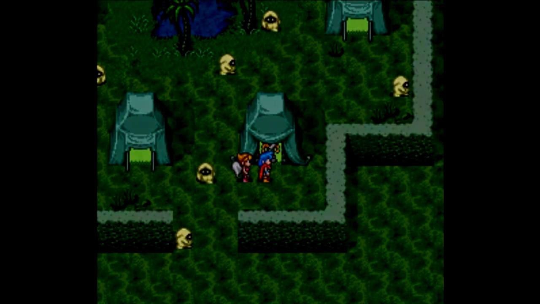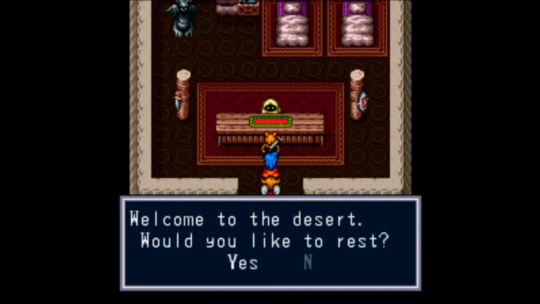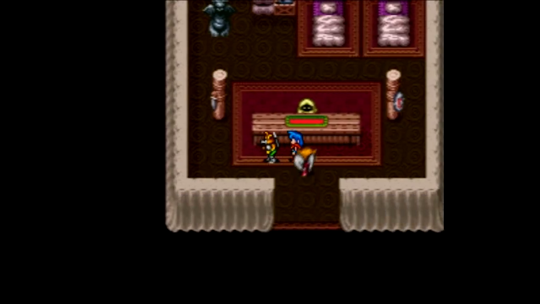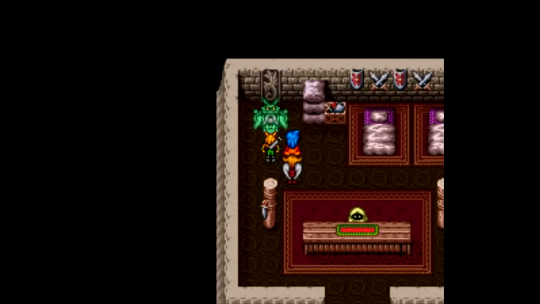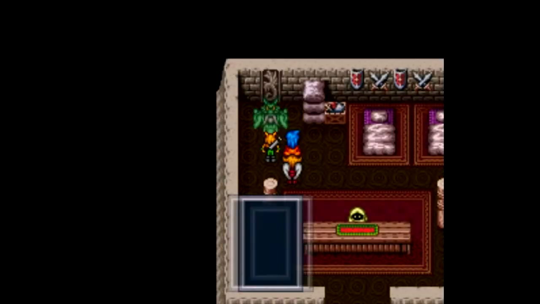I like desert areas in RPGs. Not as much as snow areas or water areas. Are you gonna rob us blind, too? No, this is actually a free inn with no consequences. And a save point up there, which I actually want to use. Sorry if you don't like watching me save my game on screen, but